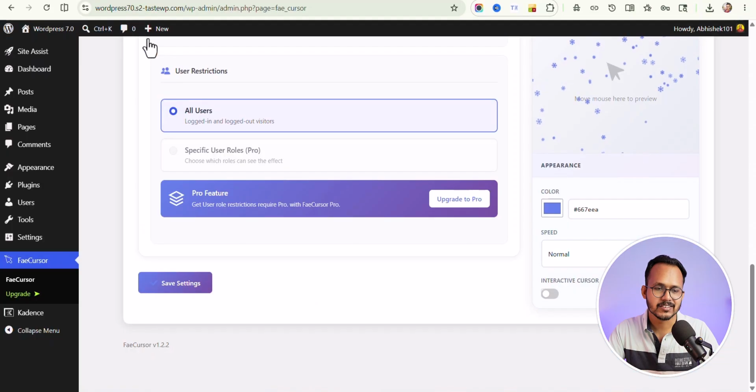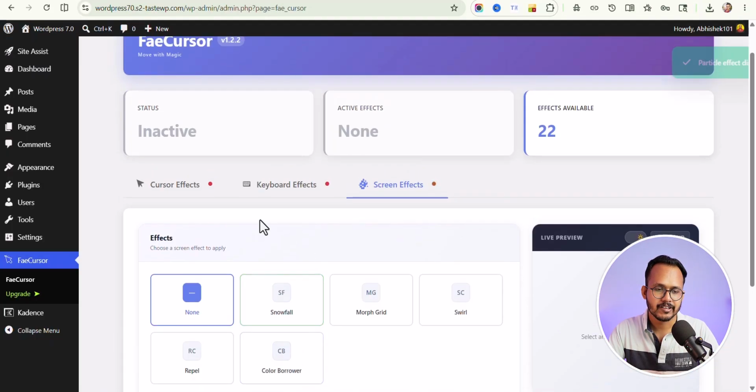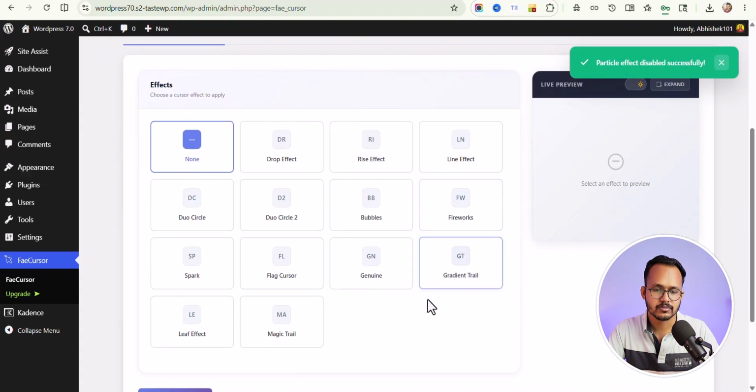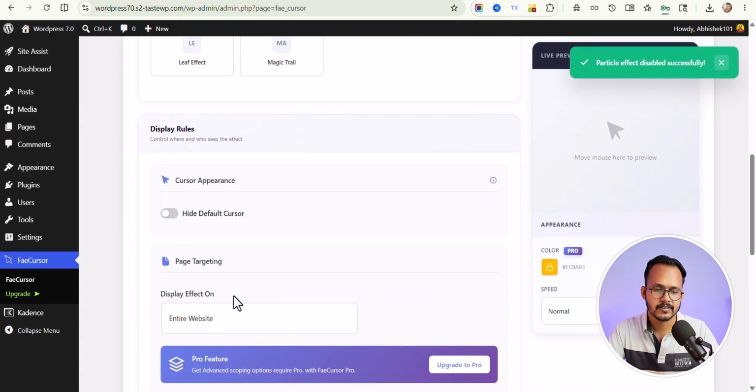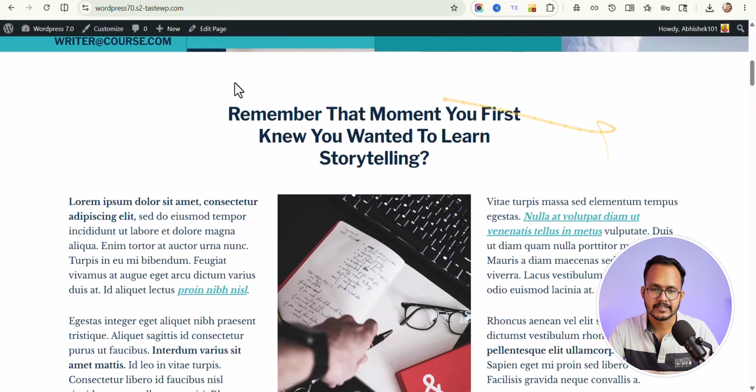So I like the cursor one, so I will remove all these and I will enable a cursor effect. So I like this gradient trails. Let me hit save settings and refresh this page. As you can see, we have a gradient trails like this. So this is how you can add different type of cursor effects to your WordPress website using a free plugin